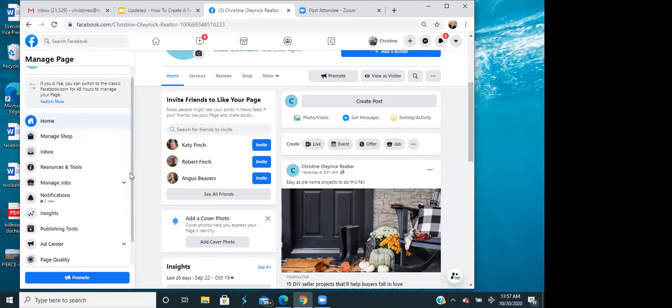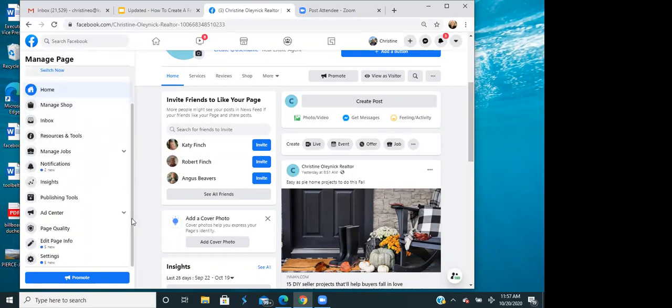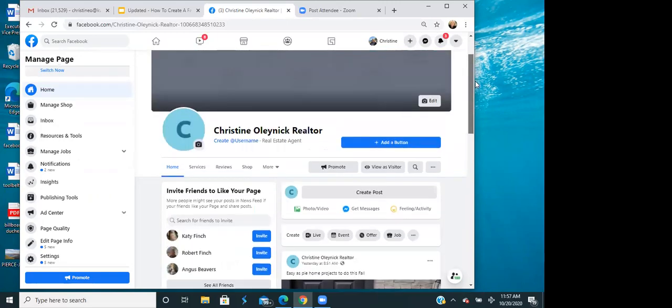Hey, Christine, while you're there, can we talk about those add buttons right at the very top of your screen there? I have mine like send email, but I don't know if there's a way to say like contact me. Are they able to be edited?